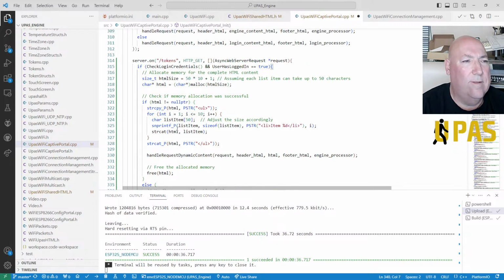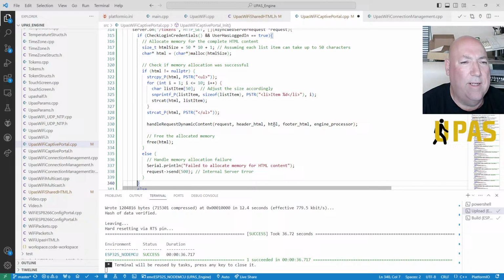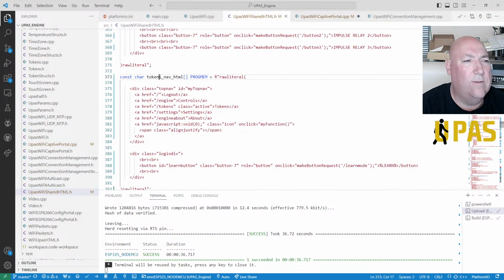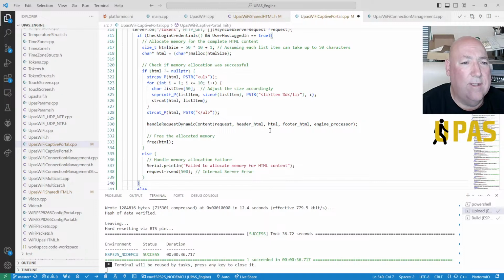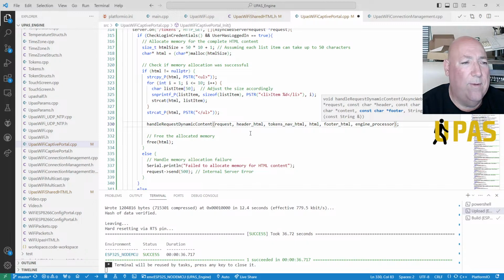So we've done that. So we need to include in here a file which is called token nav HTML. So we created this one, and we're going to put that in there, and another one of them. So we've got three things: we've got header, list, the navigation, and we got our HTML.